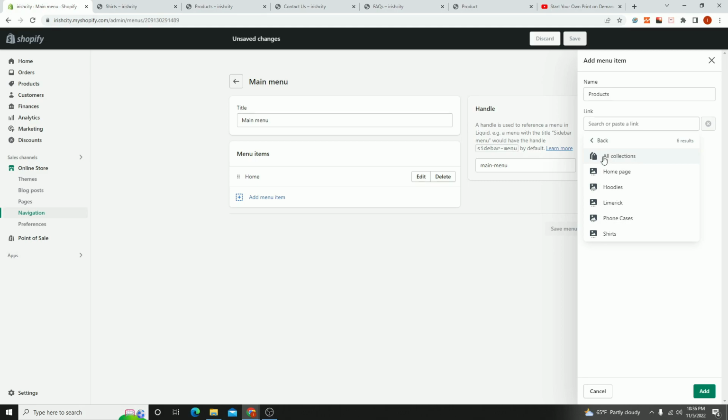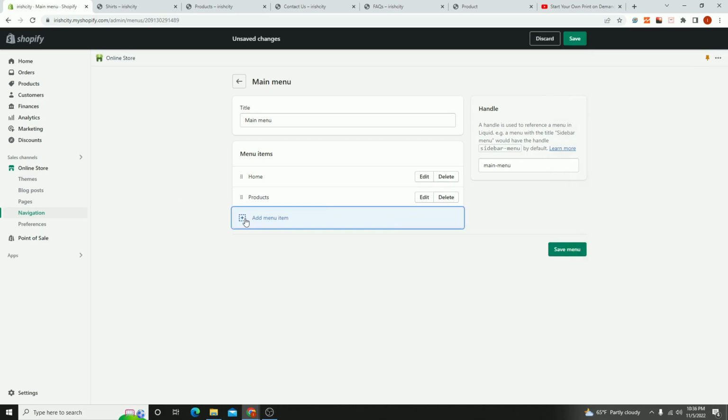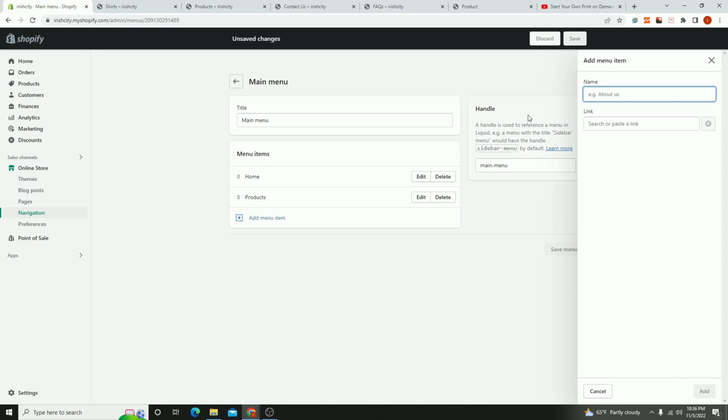I'm going to set the collection as all collections. So if somebody clicks the products link, it's going to take them to every single collection that we ever have on the store and hit add. Then what I'm going to do is I'm going to get a little more granular. I have shirts here as a collection. I'm going to look for that shirts link, and I'm going to click on the collection button and click shirts,